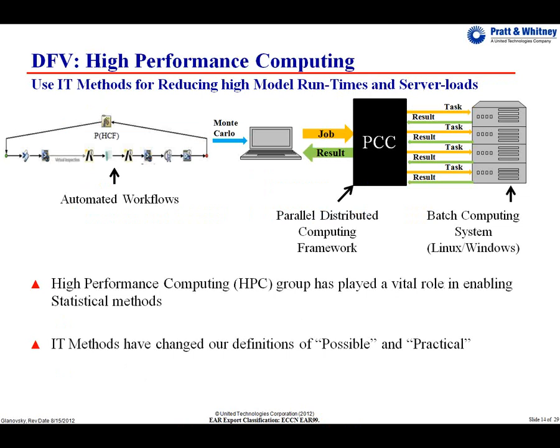Here's a good example of something that was not on our list for keys to success to begin with, but we really quickly learned just how important it was. High-performance computing. Now, as it turns out, Pratt Whitney actually already had a high-performance computing group when DFV first was in its infancy. But we didn't really realize that each other existed at first. It was more of a happy coincidence we found each other when we started working, and suddenly realized that we have this group of really intelligent individuals with some great tools out there that could help us make everything we wanted to do happen.